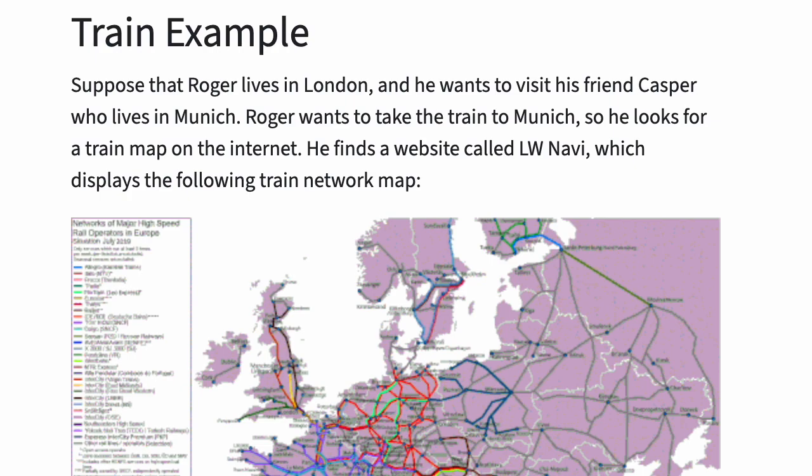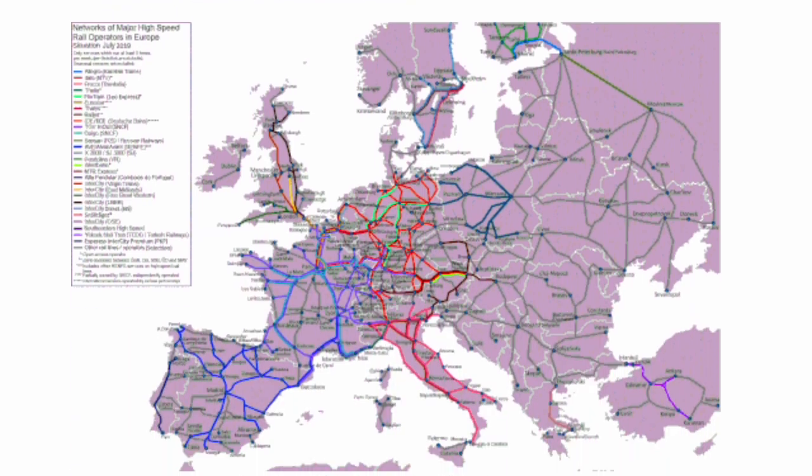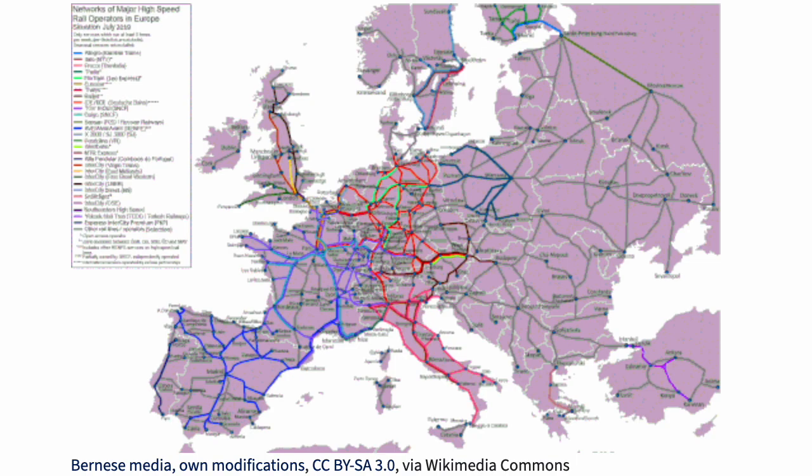Suppose that Roger lives in London, and he wants to visit his friend Casper who lives in Munich. Roger wants to take the train to Munich, so he looks for a train map on the internet. He finds a website called LW Navi, which displays the following train map. Roger cannot figure out how to get to Munich, so he asks LW Navi to calculate the shortest route from